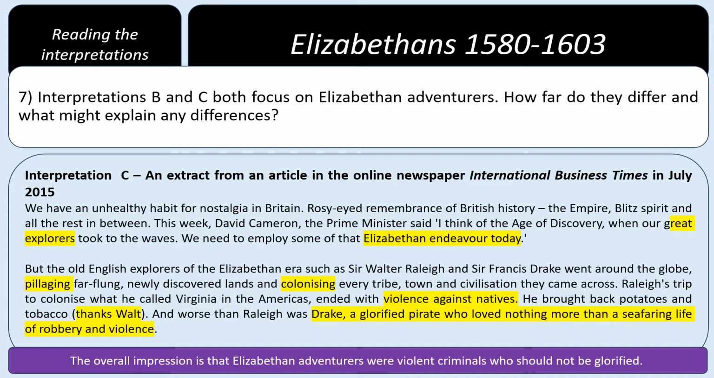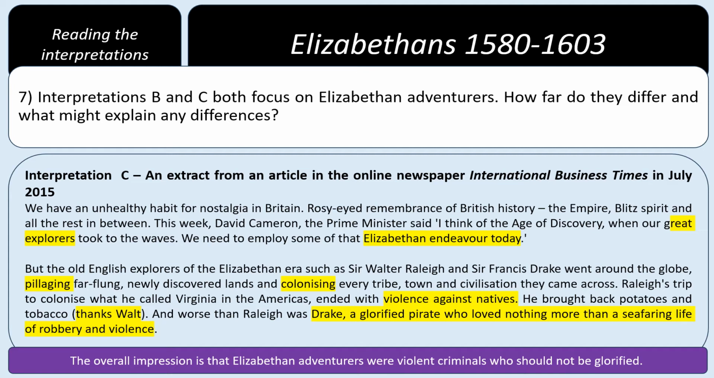So some key quotes that we might pick out from interpretation C might be the use of the word great explorers from David Cameron, the Elizabethan endeavour today. So that shows a little bit of similarities between some of the ideas in interpretation C and B, a recognition that other people think the Elizabethan explorers would deserve to be celebrated, but overall interpretation C's actual viewpoint is very